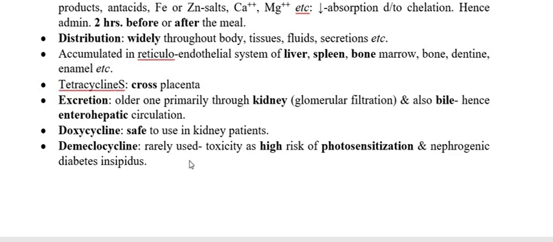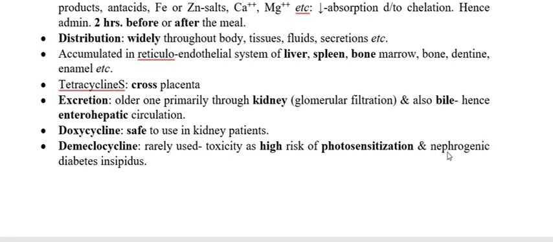Demeclocycline. Demeclocycline is usually not used for therapeutic usage. Why? Because of two very important properties. One is the high risk of photosensitization. What it means is, after taking demeclocycline, if the patient goes outside in the sun, this is going to produce photosensitization. Not only that, demeclocycline is going to produce kidney toxicity,